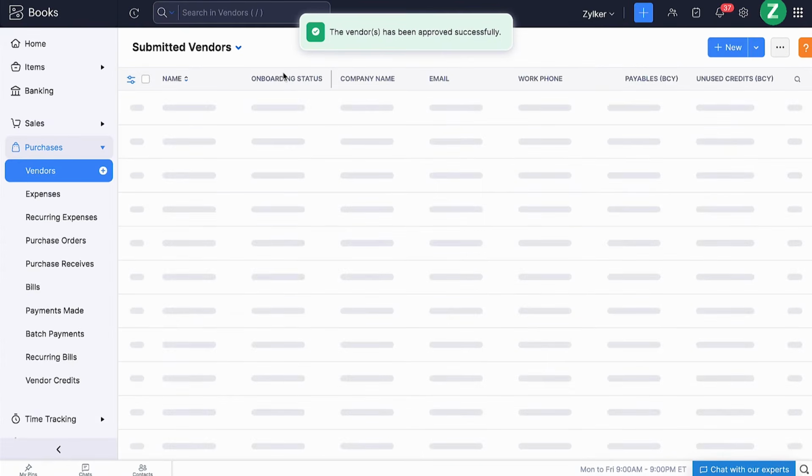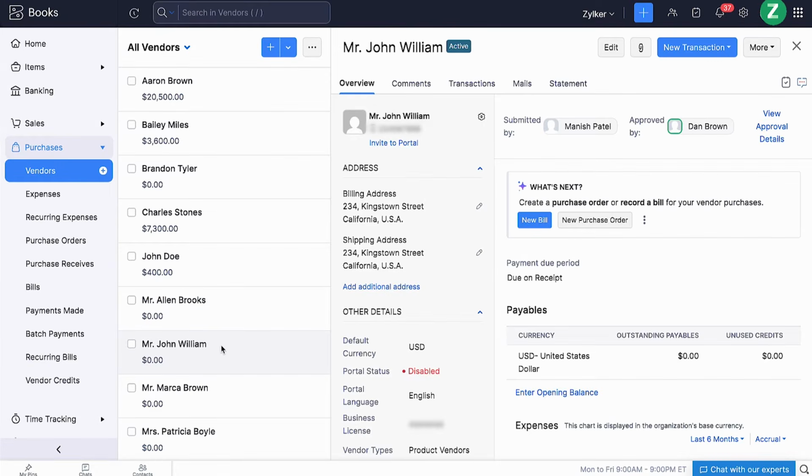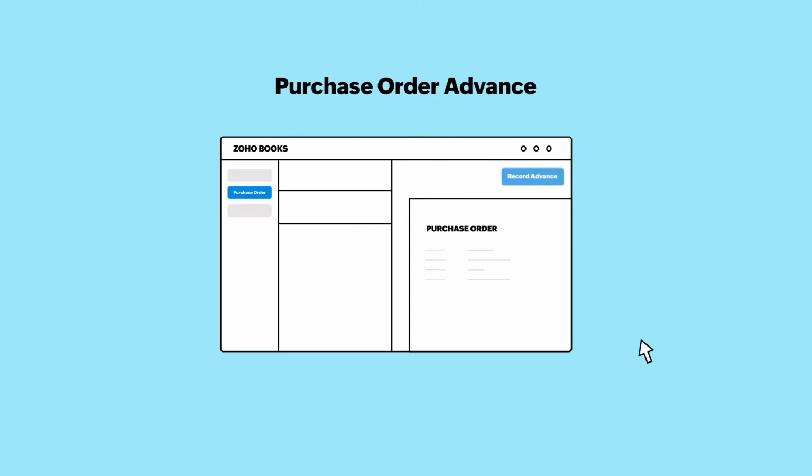Once they approve, the vendor that you submitted for approval will be added as an active vendor in your Zoho Books organization, and you can start your purchase transactions. There are times when you need to record an advance payment for a purchase order. And using the Purchase Order Advance feature, you can apply that advance as credits on the generated bill from the